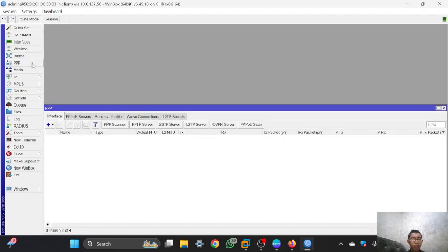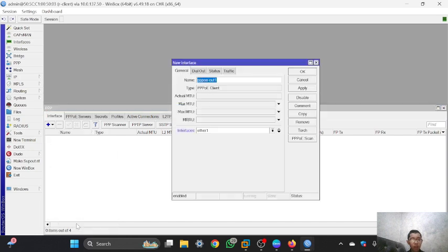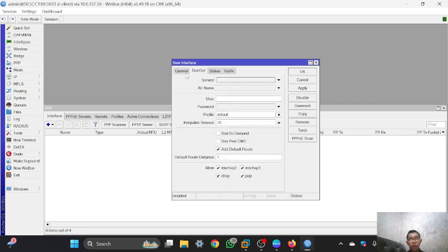You can go to PPP, and then you can click add, and there is PPPoE client, and in here you can set it by default. The service you can fill blank. The username is PPPoE Agi, and the password is 123,